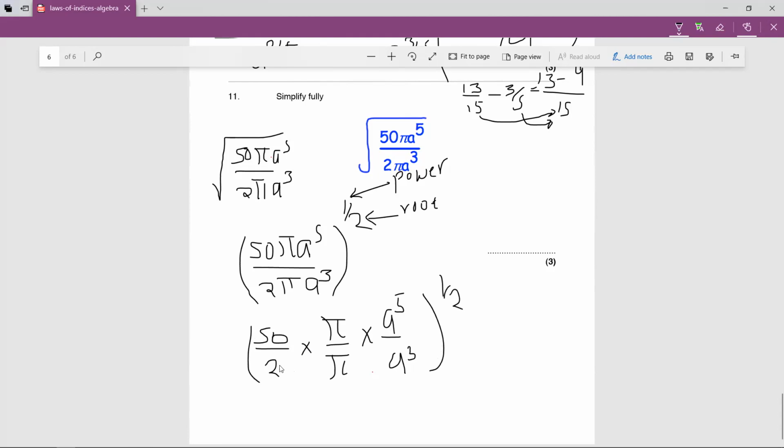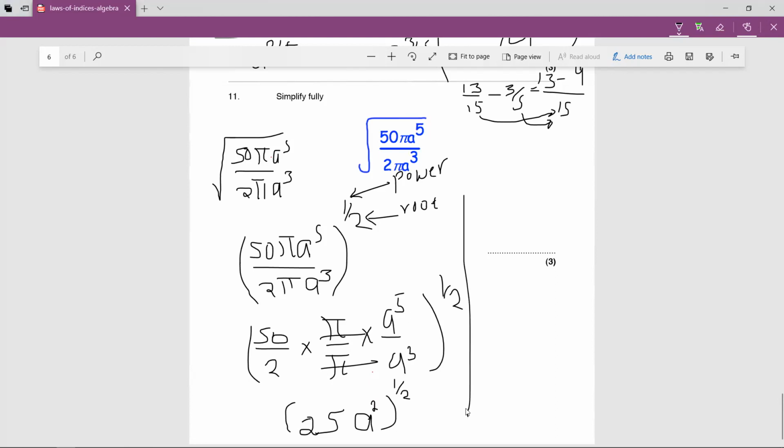So 50 over 2 will solve to 25. Pi over pi, we know they'll cancel out. So that's basically 1. And then a power 5 divided by a power 3. Division means you subtract the powers, you get a power 2. So that's our answer, and all this is raised to